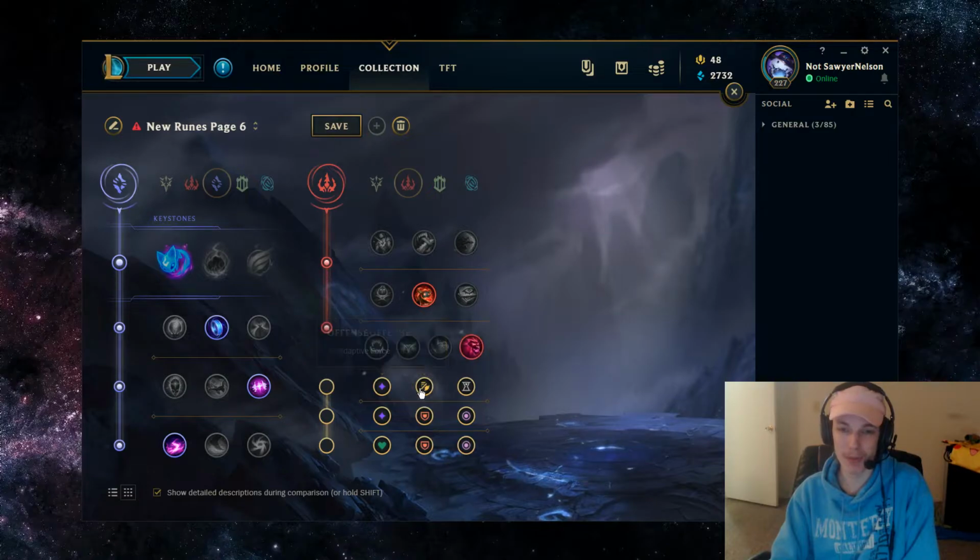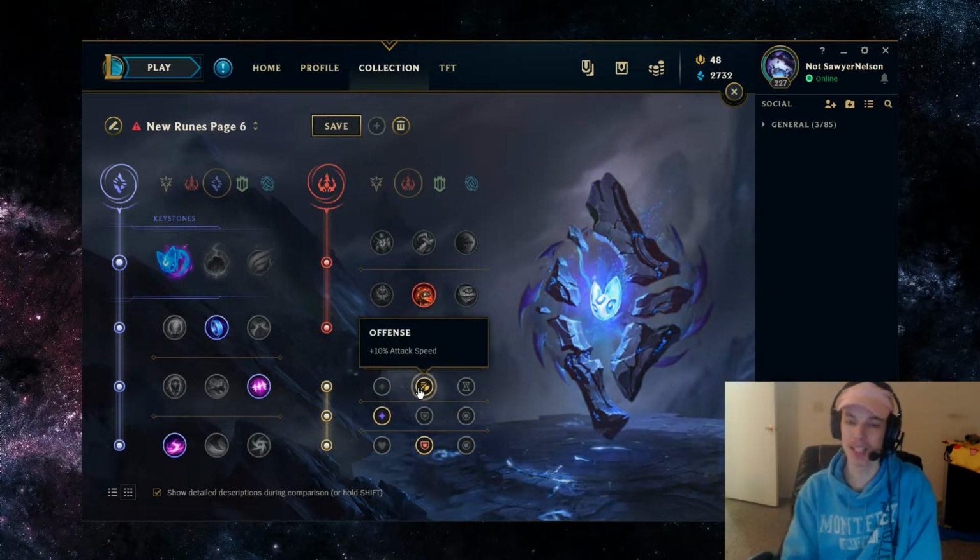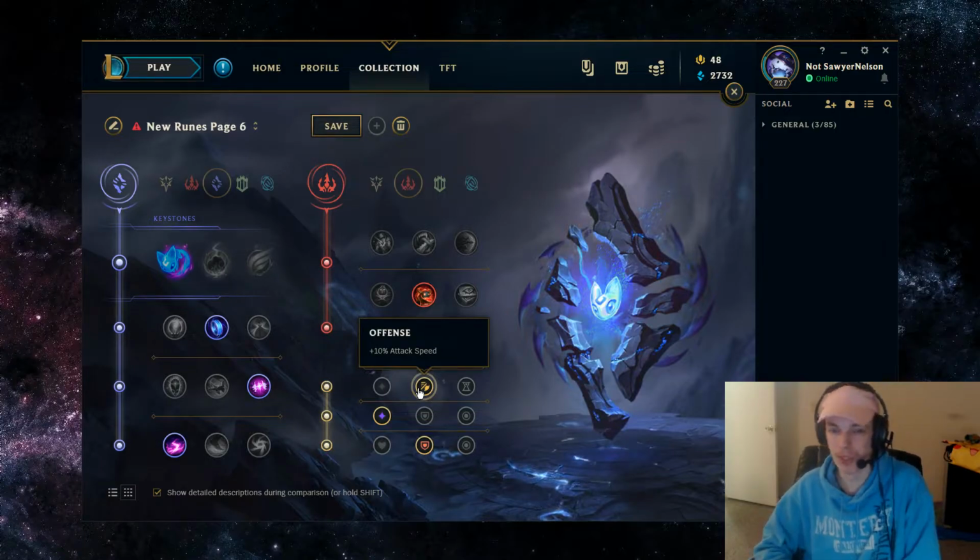And then for adaptive runes, it's going to be attack speed, AP, and armor. The attack speed might seem kind of odd, but Lulu's auto attacks are really strong early game. The attack speed will help you not only attack the enemy, but get control over the minion wave, because on the first couple waves, if you just have more attack speed, you can just choose if you're going to